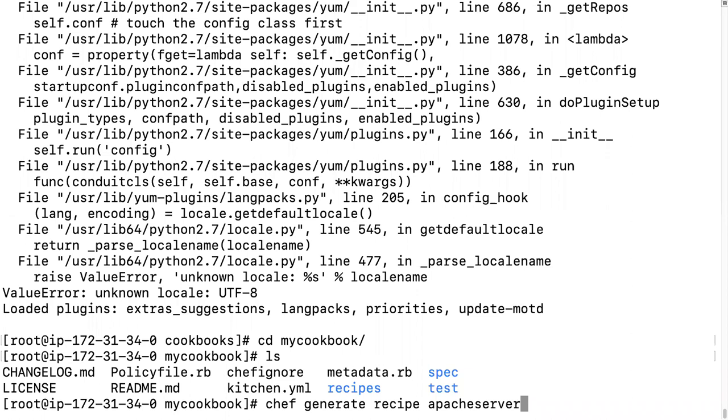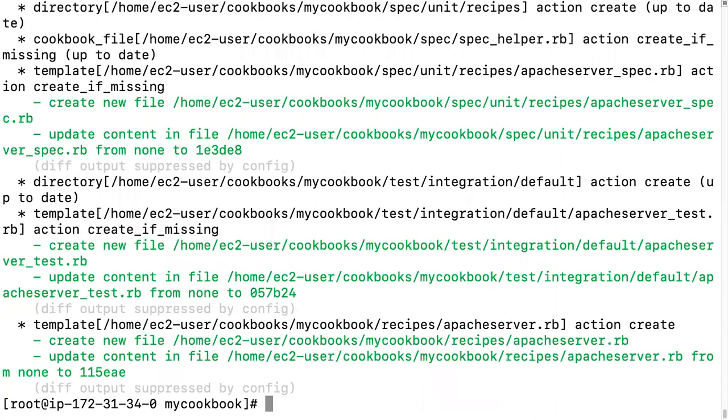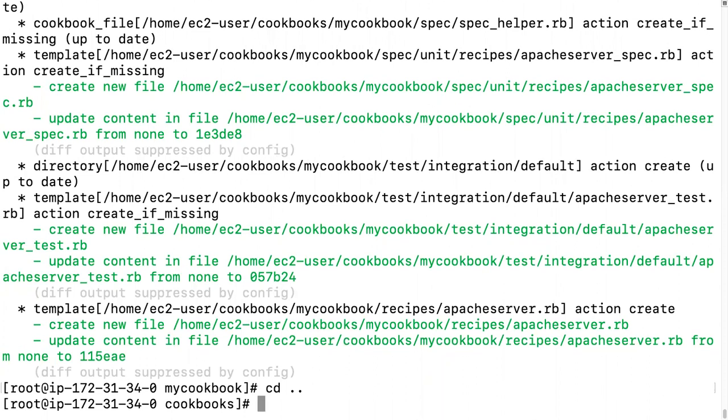So I'm going to create one recipe for the Apache server and hit enter. So my recipe is created with the name of Apache server.